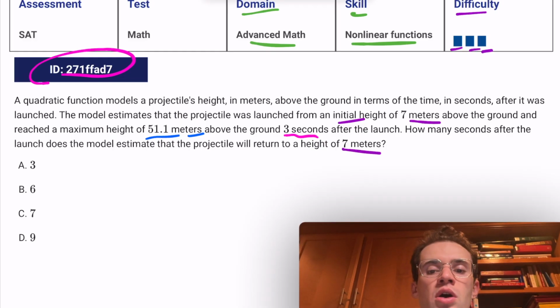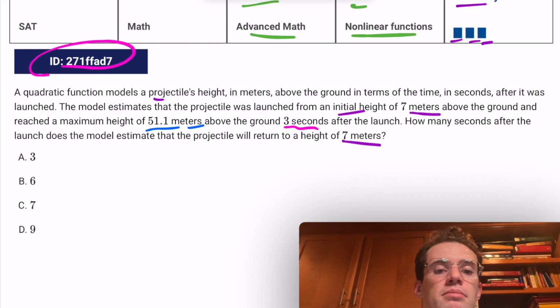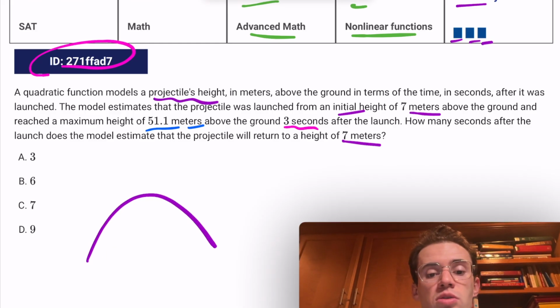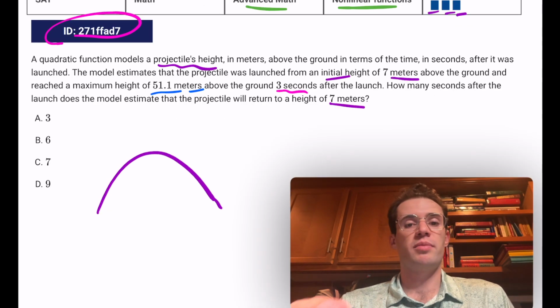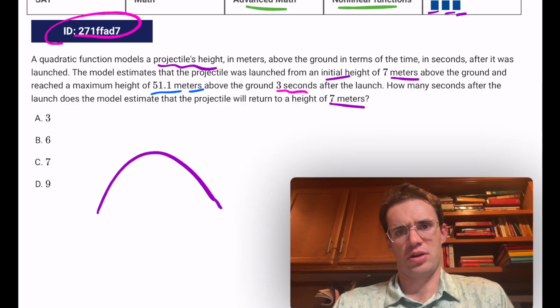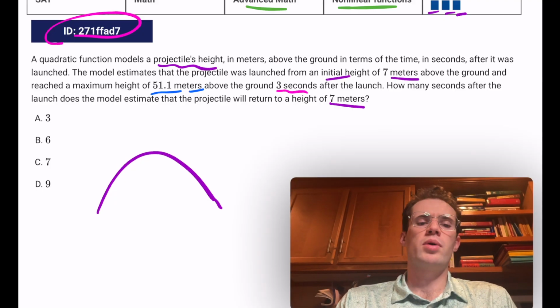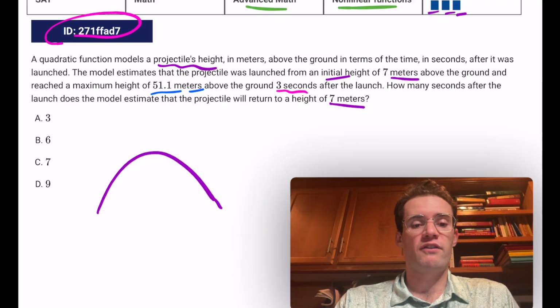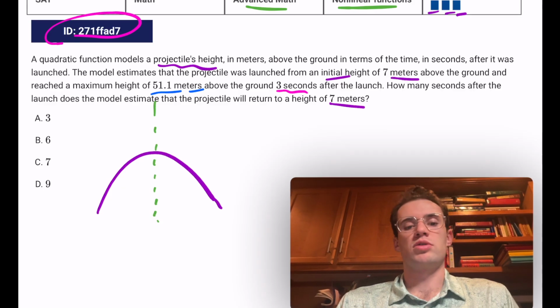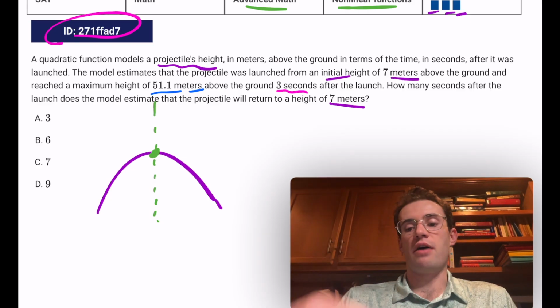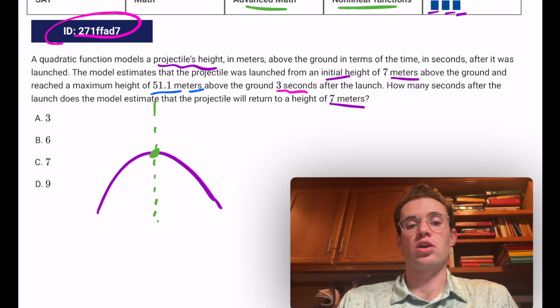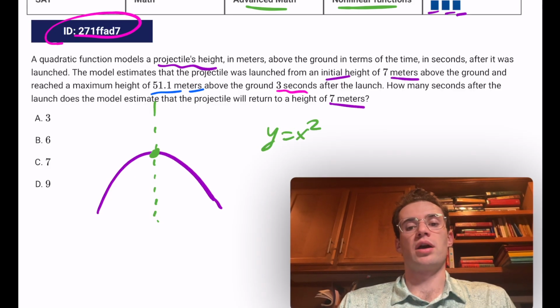meters? We know that with projectile motion, it's going to follow a parabola. So that will be a parabolic path, which could be modeled by a quadratic function. Now, we don't actually have to come up with a quadratic function from this. It doesn't even say if it's at Earth, so we couldn't even estimate the gravity or anything. But what we know about parabolas and about quadratic functions is that they are symmetrical with respect to the axis of symmetry. The axis of symmetry will be going through the vertex, and it's going to be a vertical line, at least for a standard quadratic like this, where it would be y equals x squared or some variation of